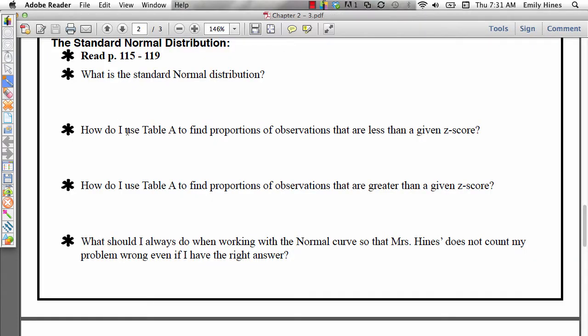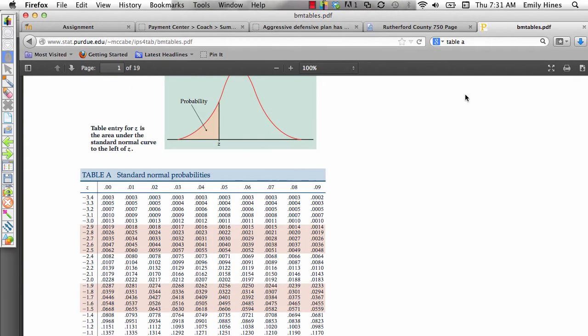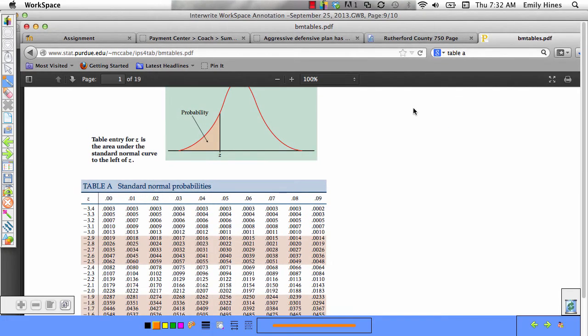Table A is in the back of your book. It is also given to you when you take the AP test, and I will give you a copy whenever you take any test in my class from here on out. But Table A looks something like this. And how we use Table A is that we go down and look for our z-score on the edge and across the top. So let's say that our z-score, this z-score right here, was negative